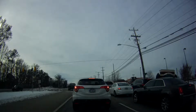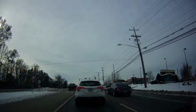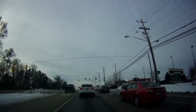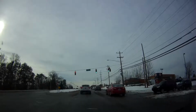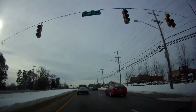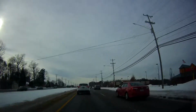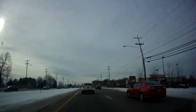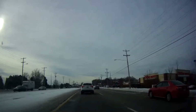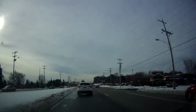So up here on the right, this is the Palladium. If you notice, there's a Belk back there. There's a movie theater. They've got a food line here, I think, and some other little shops. It's not as good as Friendly Center or Four Seasons Mall or Hanes Mall. There's the big three in the Greensboro-Salem area, but it's okay. But I'll tell you though, it did a really good job of killing off the